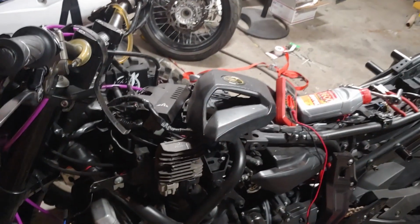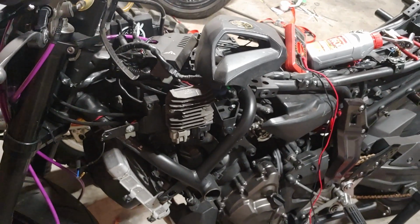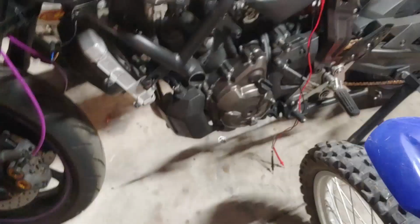There's my brand new sprocket I haven't put on. I'm waiting for my tank to be built. And there was something else on this bike I thought. Oh yeah, I need my cages back too. But other than that,